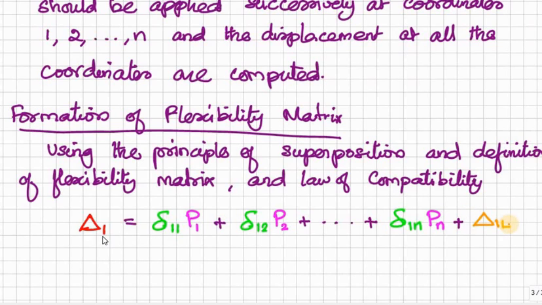Here, capital delta 1 is the final displacement at coordinate 1. The small delta 11 is nothing but the displacement due to the unit force at coordinate 1. That is, the first index 1 indicates where we measure the displacement. The second index indicates where we apply the unit force. So here delta 11 is the displacement at coordinate 1 due to the unit force at coordinate 1,